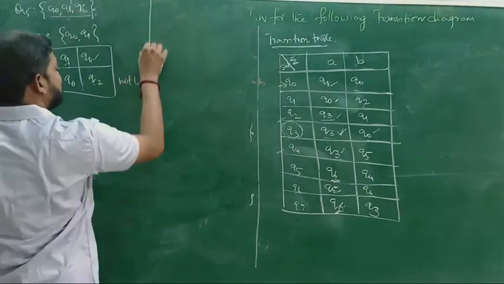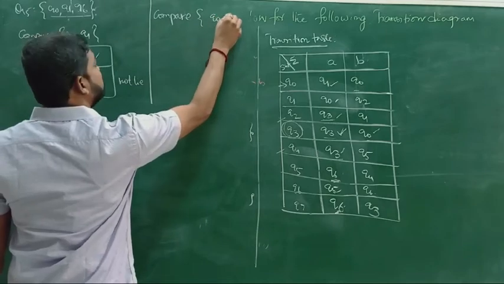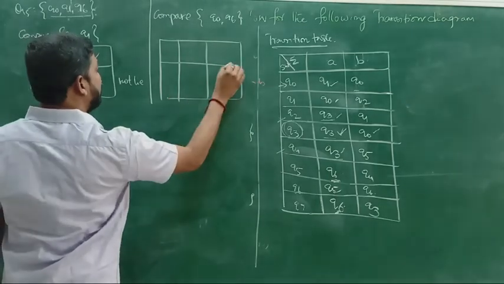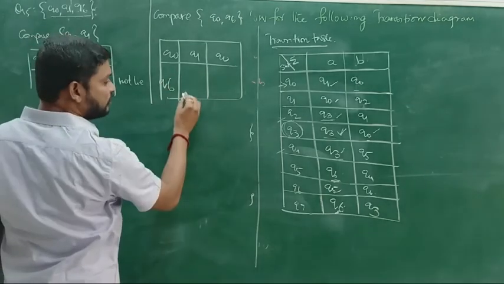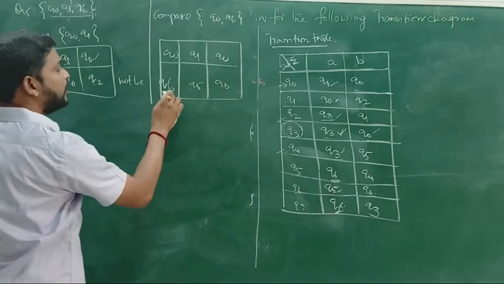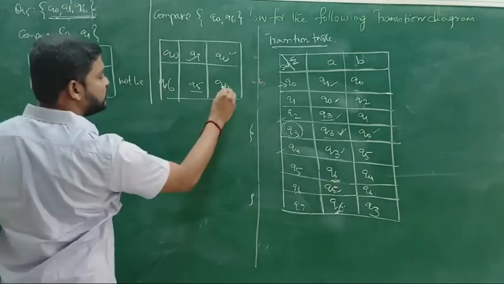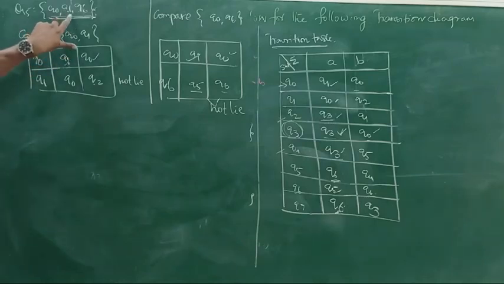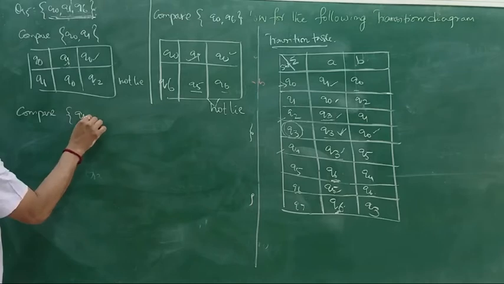Okay, next we have to do the next comparison, compare the set q0 q6. So given that q0 is equal to q1 and q0, or whatever, q6 is equal to q5 and q6. So q1 is there, q0 is there, q5 is not in the set, q6 is not in the set, so this is also not line. Okay, so that is the first comparison. Next we can compare q0 q1, then q0 q6, and the next comparison is q1 q6, you can compare q1 and q6 comparison.